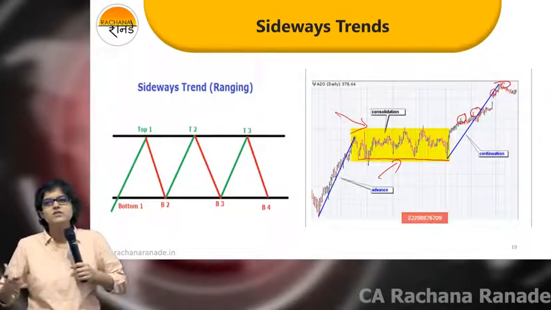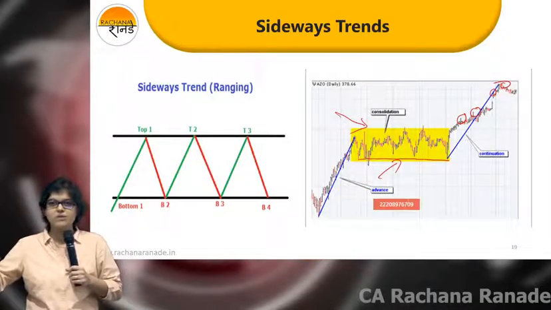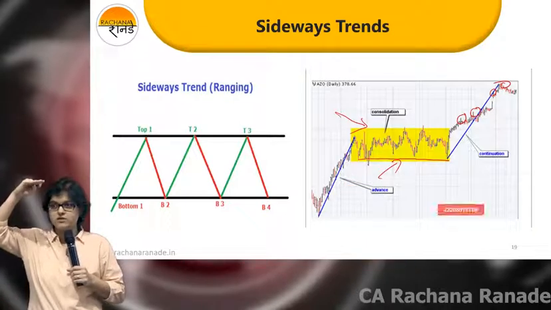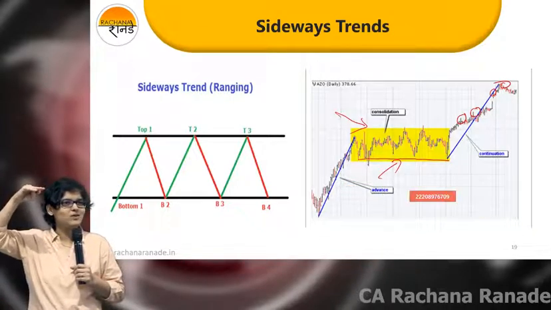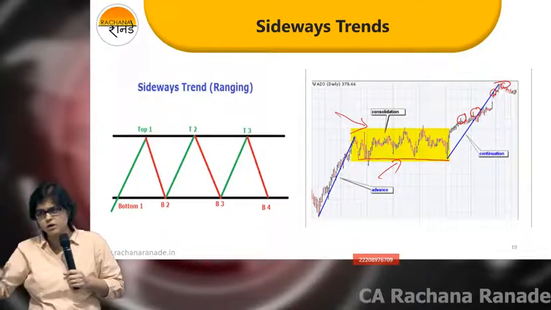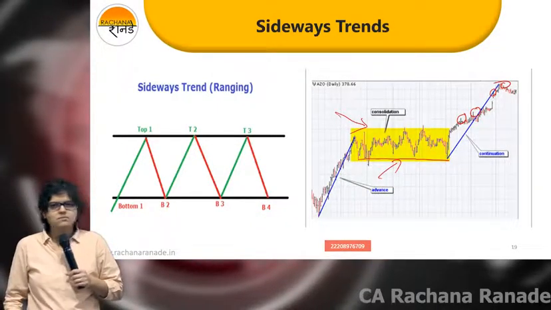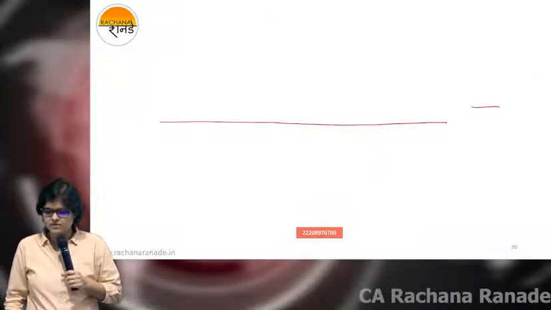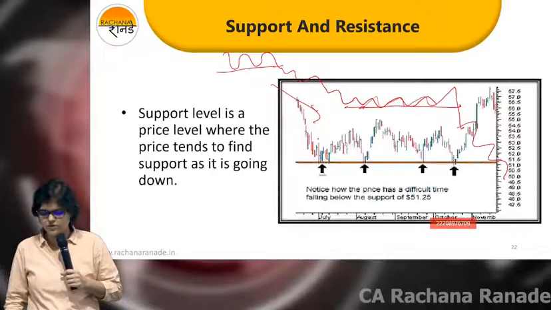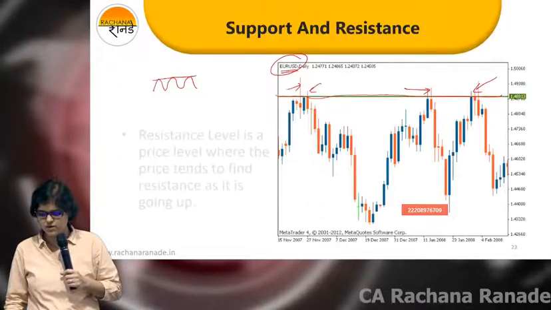So how many confirmations do you want? 1, 2, that depends. But you can't say I'll wait for 4 confirmations. You might be buying at the highest point then. So take a maximum of 1 to 2 confirmations, not more than that, for an uptrend or for a downtrend also. Fair enough? Good. So we did talk about all the types of trends: upward trend, downward trend, sideways trend,